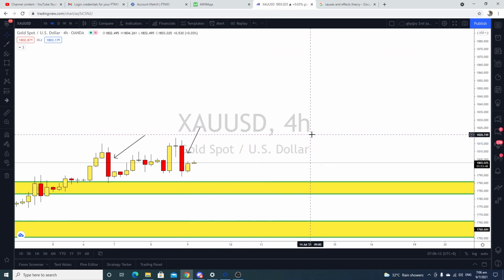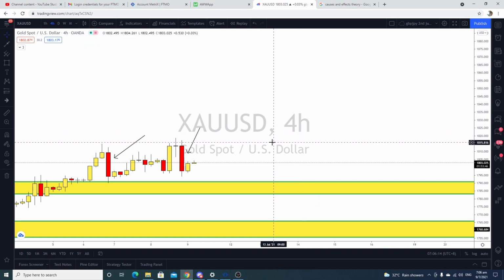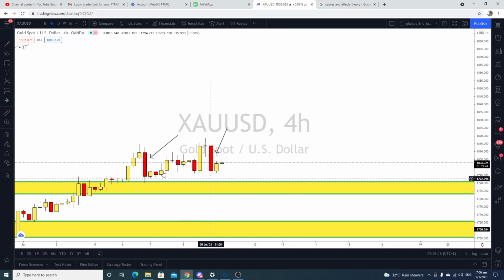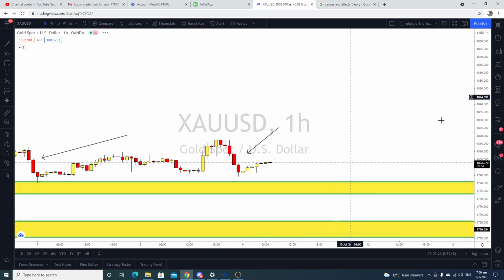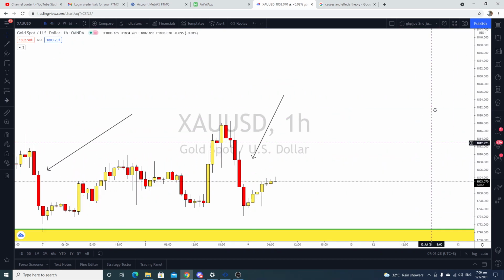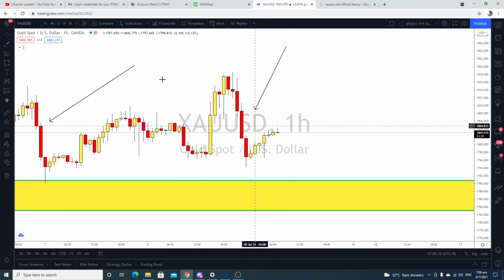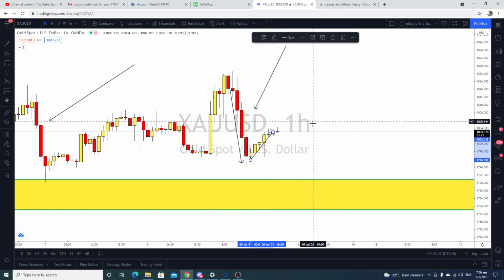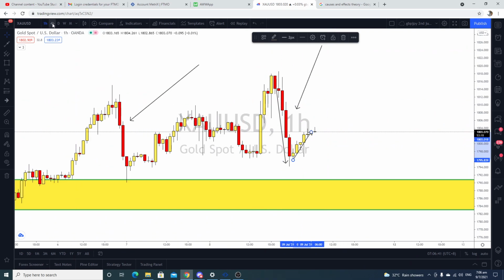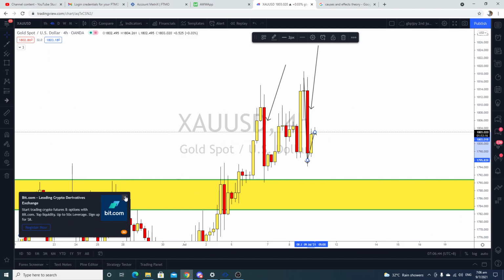Okay, because of this candle here, price makes an inside bar. But in terms of value areas, price is still there, so I will still wait for a few more information. In terms of value areas, it's a very good place to buy, seriously. But if you look at the 1 hour, the buyers are not telling me that they are strong. Look at the candle, so I'm not going to buy. Will I sell? No, it's an up structure, so I won't take anything yet as of now.